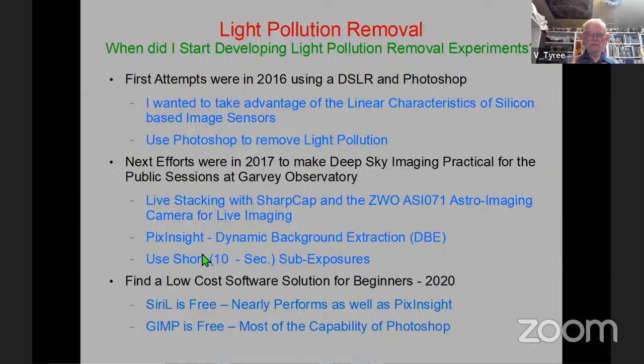For Garvey, we were stuck with 10-second sub-exposures for a lot of reasons. The biggest reason being the mount is some 45 years old and has a 93 arc-second peak-to-peak periodic error. So if we took longer exposures, we'd have nothing but trailing stars. And we found that 10-second sub-exposures got us some 80 to 90% of the images without any trailing stars. And that was good. But when I described what I did to people in the club,